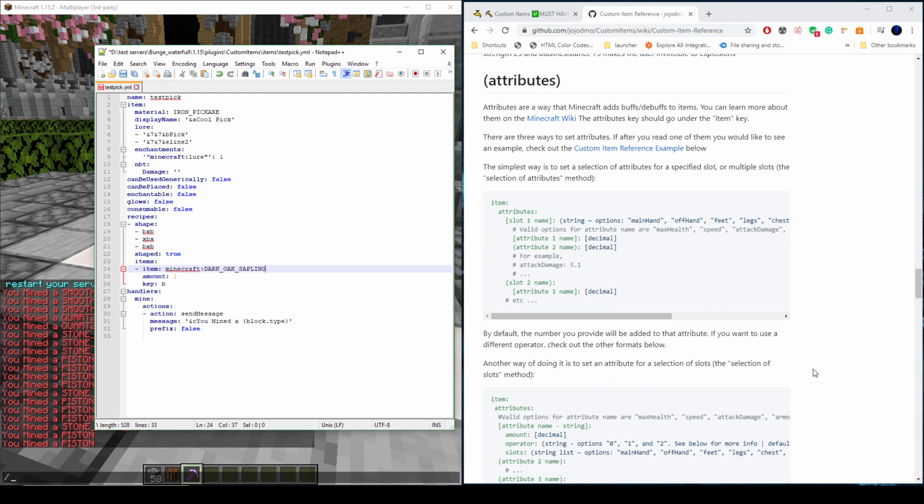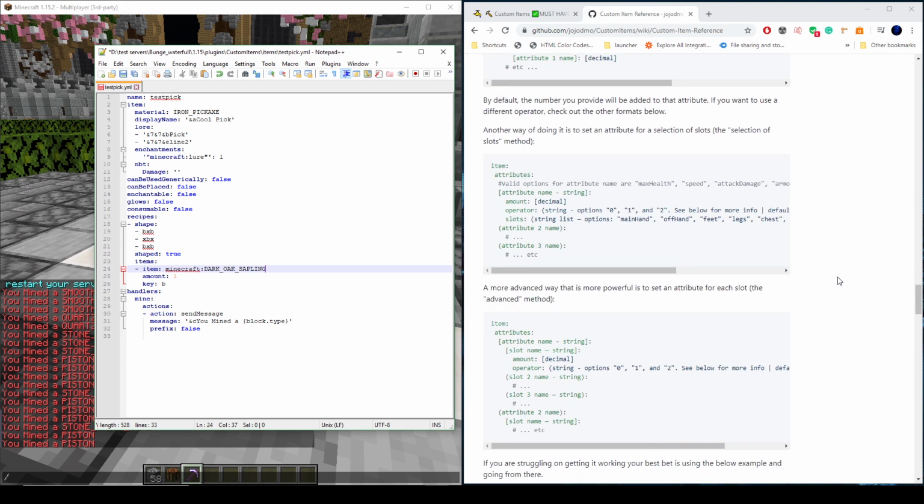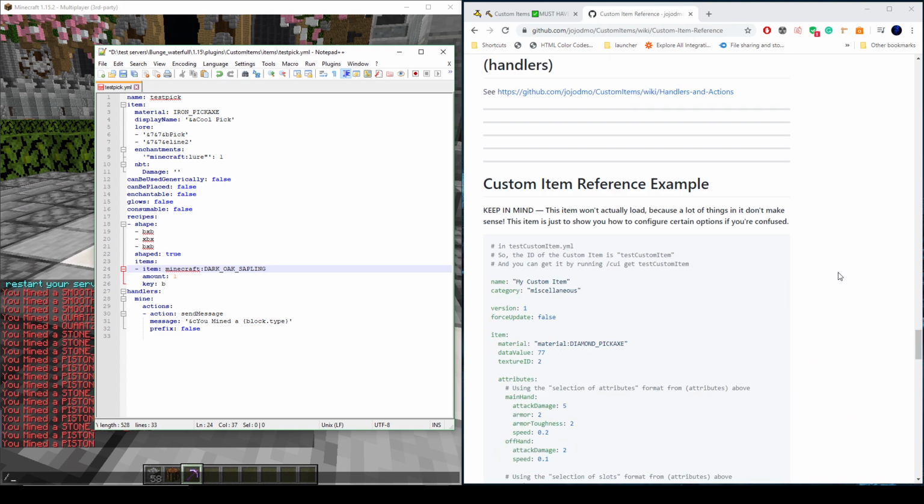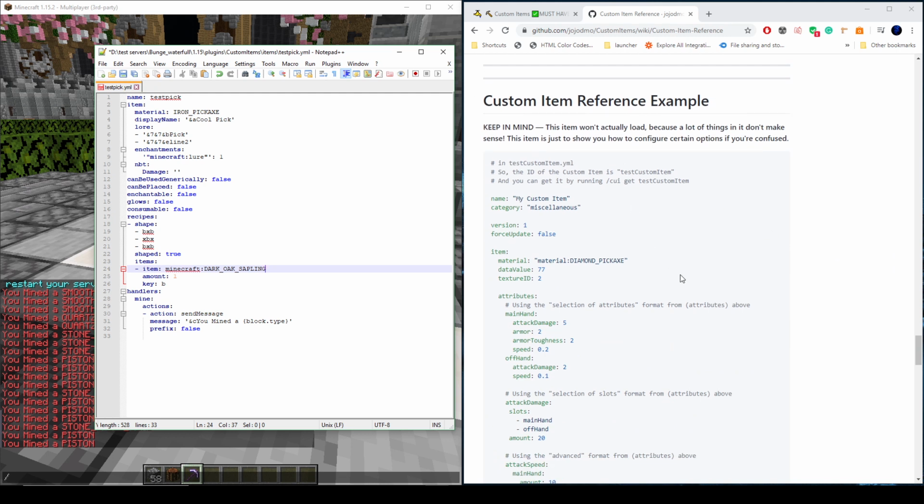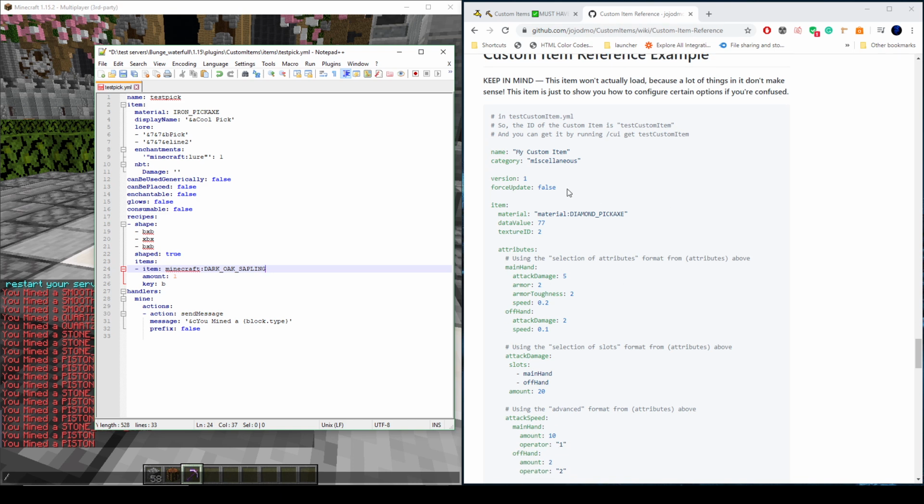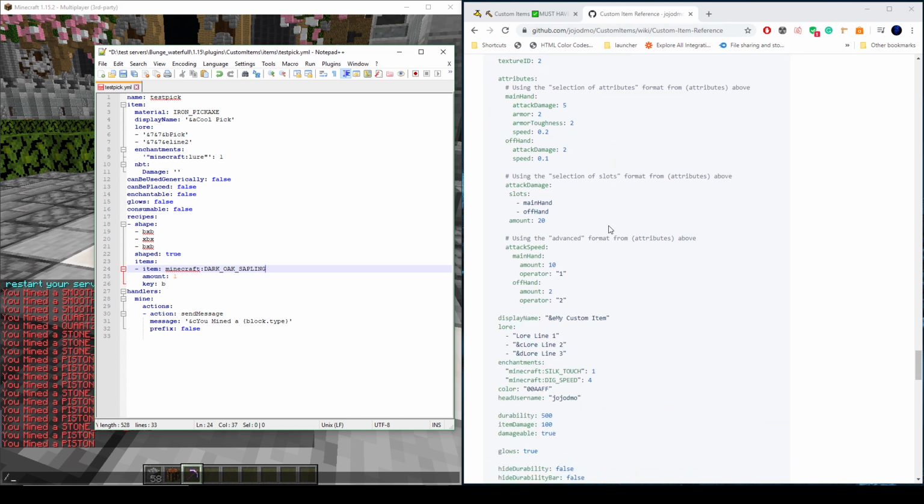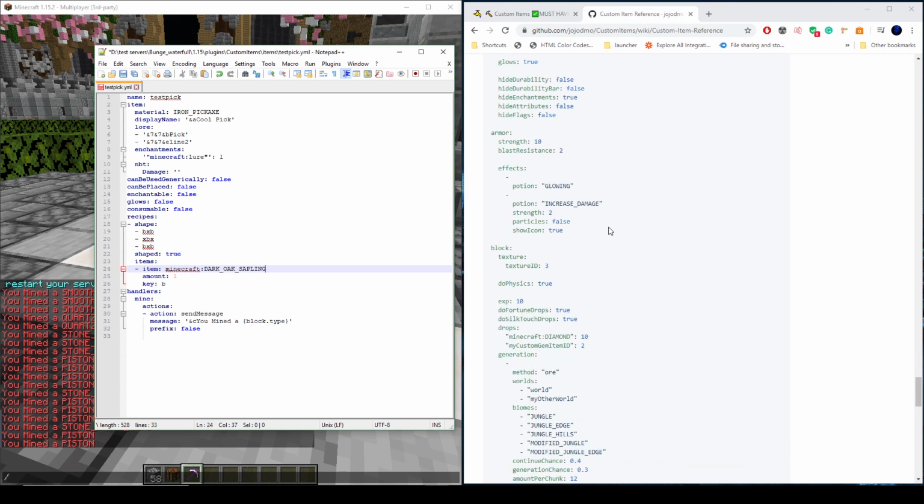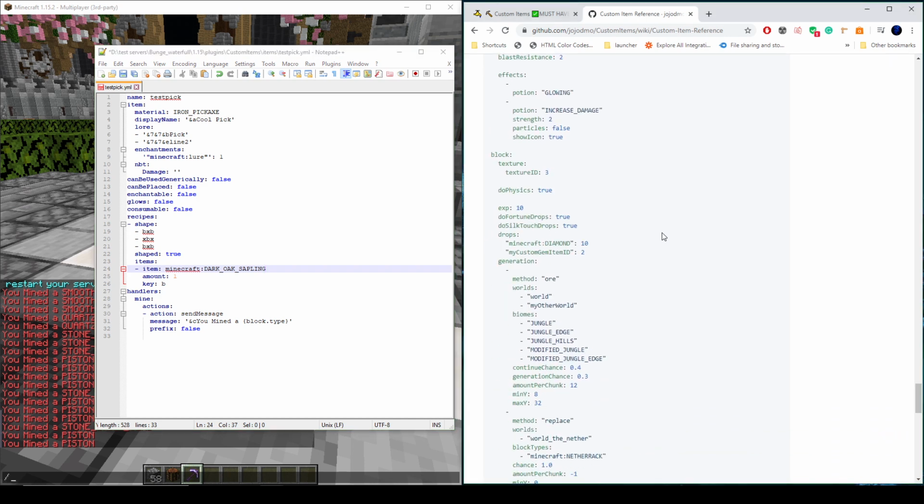This is just an overview of what's possible. We're not going to go over attributes right now. At the bottom of this custom item reference, there is a custom item reference example where it shows you everything here, which you'd think that you'd need. We're going to just do a quick find